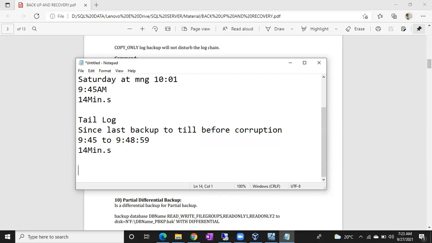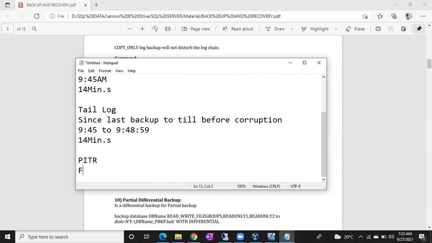Now if anyone asks you to restore the database with point in time recovery, what is this PITR? Point in time recovery means restoring the database till a second before the corruption. How can you achieve that?